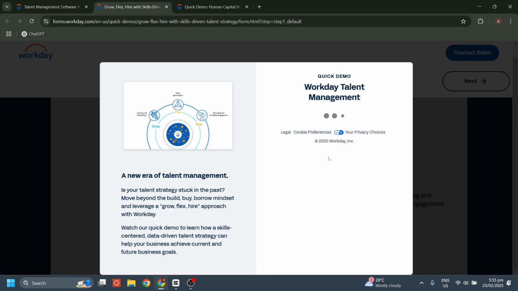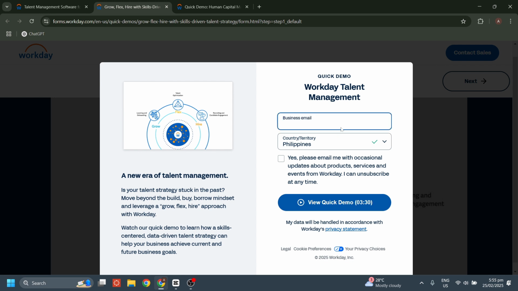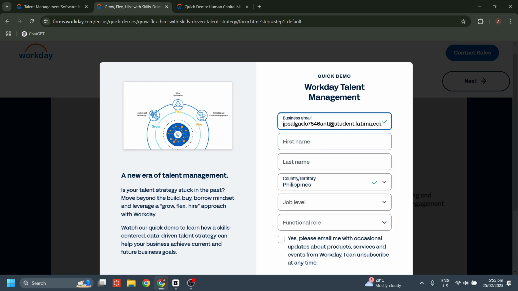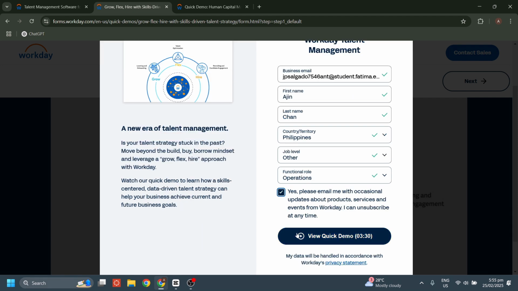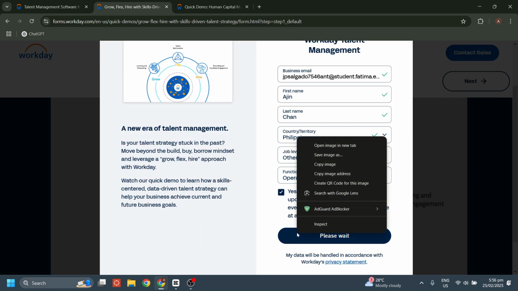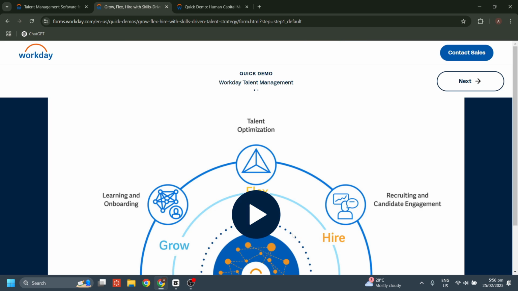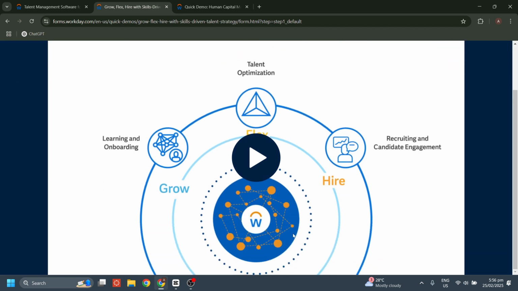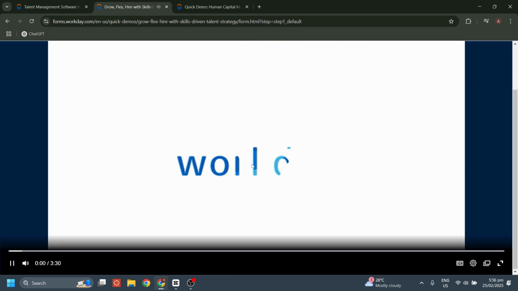will redirect you to this tab where you need to enter your business email and then enter your personal details like first name, last name, your country, your job level, and then your functional role. Now after that, click on view demo and it will redirect you to the video that is sent by